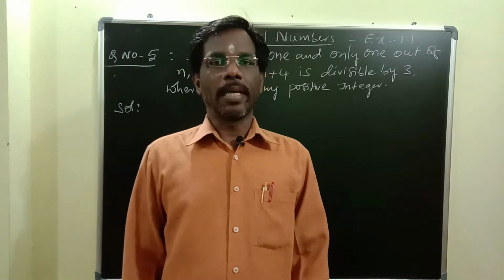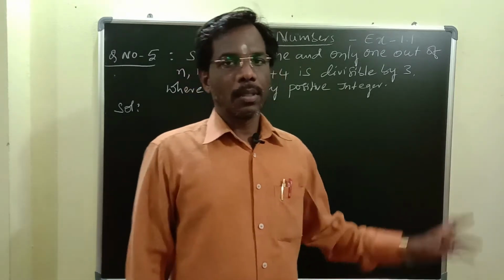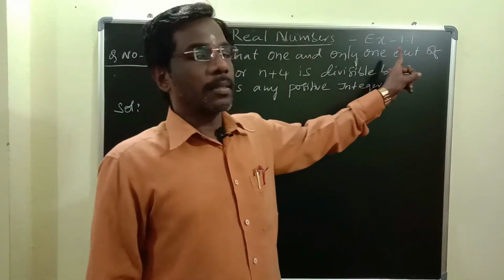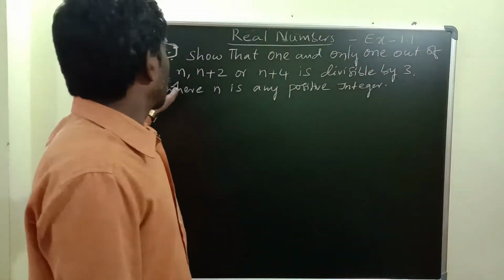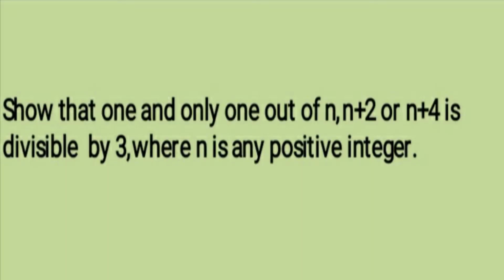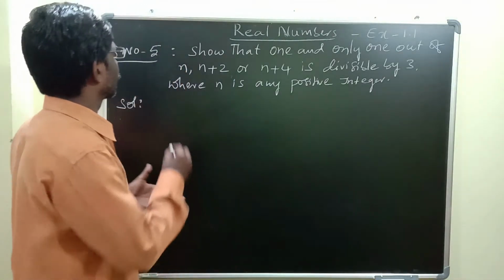Students, today I am explaining chapter Real Numbers, exercise 1.1, and the question number is 5. The question is: show that one and only one out of n, n plus 2, or n plus 4 is divisible by 3, where n is any positive integer. Solution is,